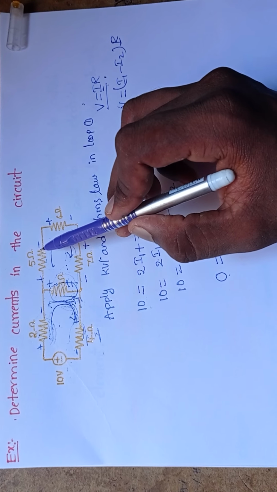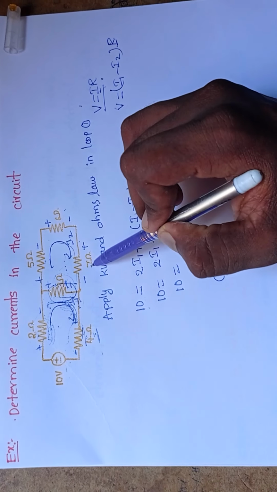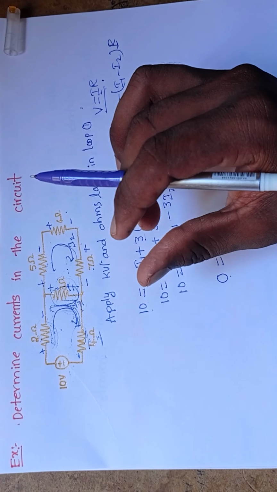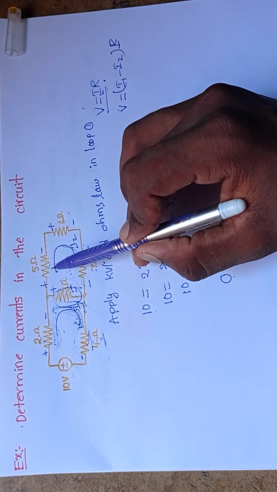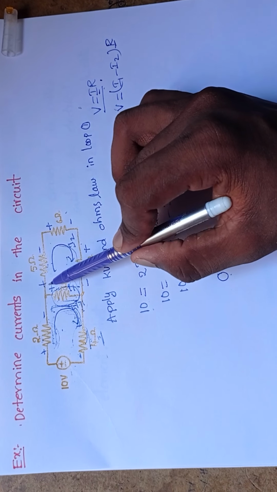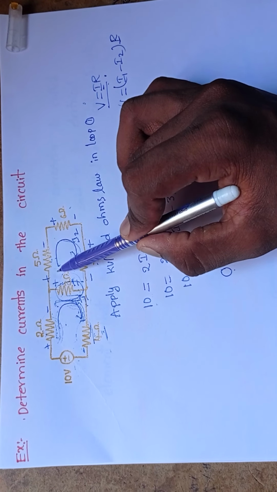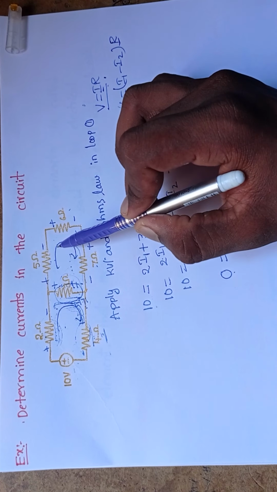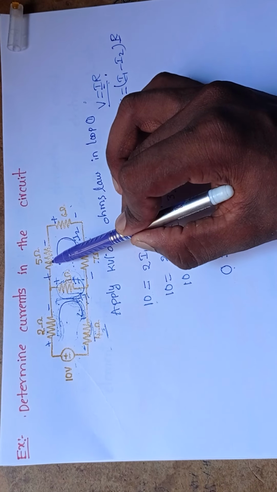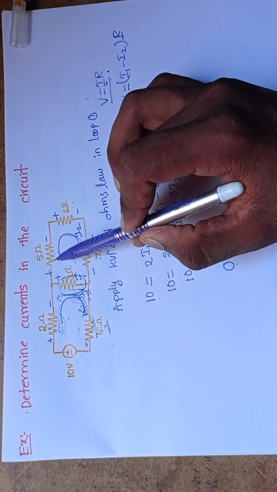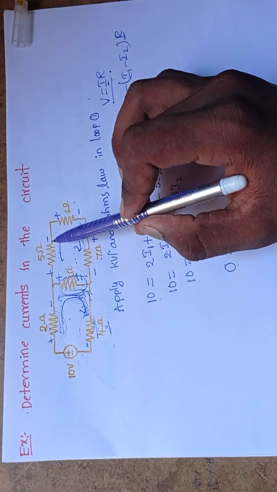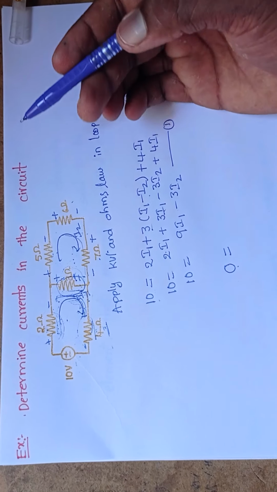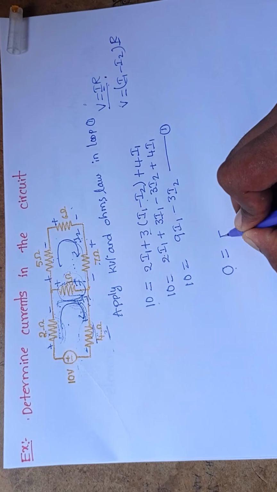We know that in the second loop we have four resistors, that is, in four resistors we have some voltage drop. Let's see. In the first resistor, the 5 ohms resistor, what is the current flowing through it? I2 current is flowing through this 5 ohms resistor, and resistance is 5. Here apply Ohm's law, V is equal to IR. I is I2 and R is 5, that is 5I2.